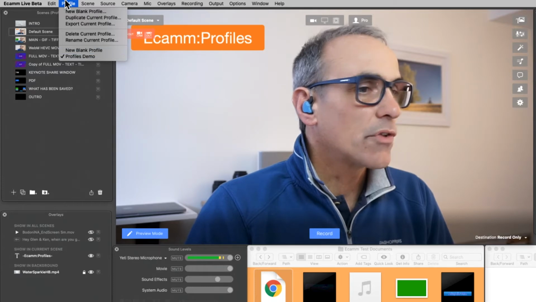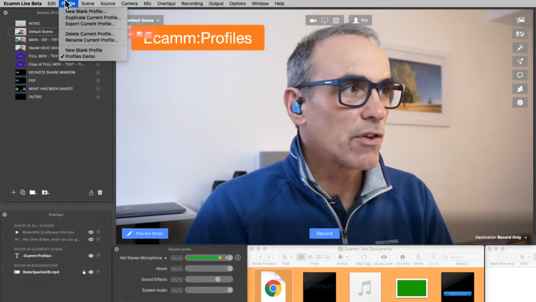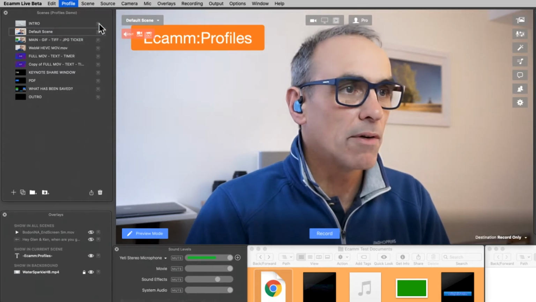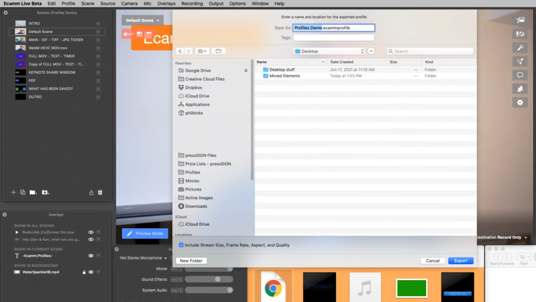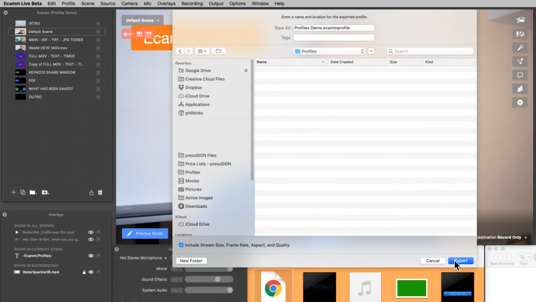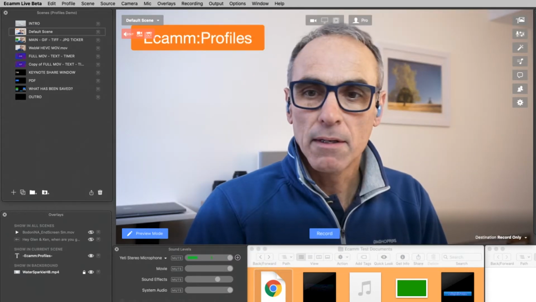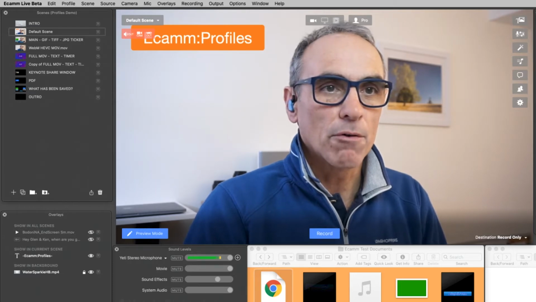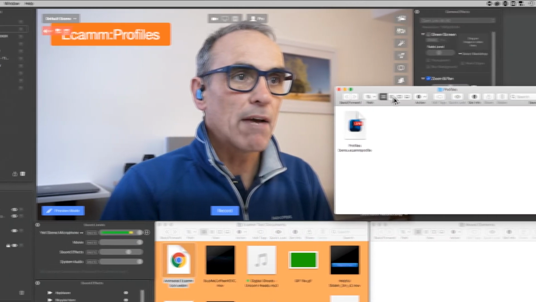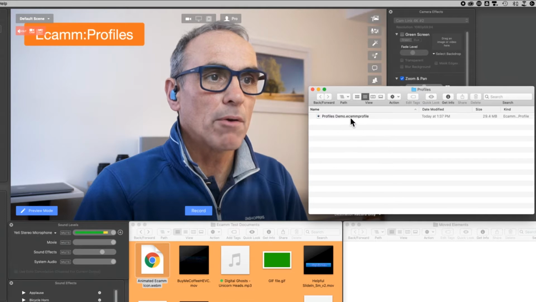Now, if I want to save a profile, the terminology is actually to export it. So you go to the export button, export current, and I'll very quickly go to here and create a new folder called profiles. And export it into that folder. Okay, let me show that profiles folder. That profiles folder now is here, and we have a file in there called profiles demo, and it's got an